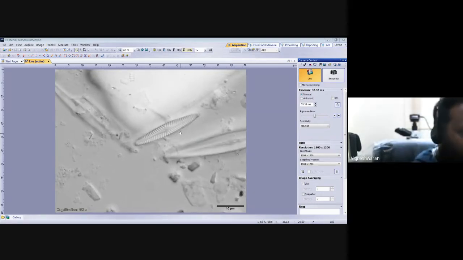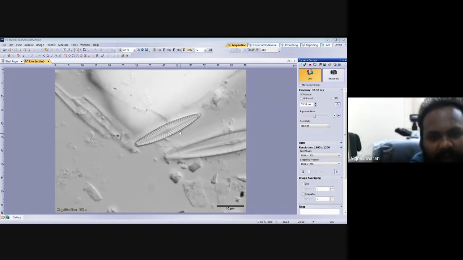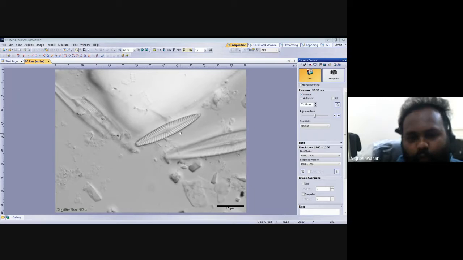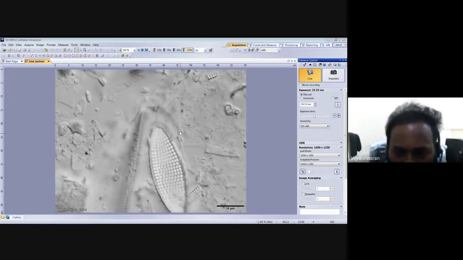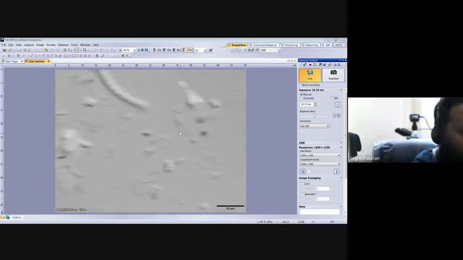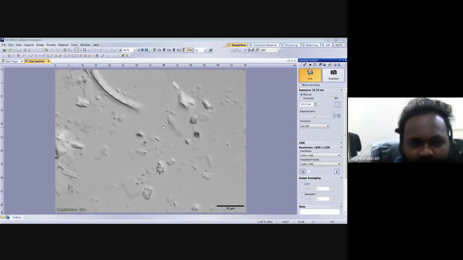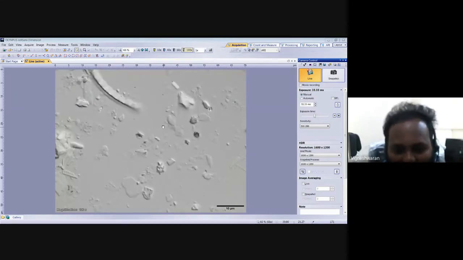So the auxospore will come from the one diatom, then gametes and all that will happen. Then again one bigger silica wall of the diatom will be produced. If you put the diatom in culture and look at multiple stages of diatom growth, you can see a lot of papers on it, clearly capturing every moment, how every individual part of the diatom is growing, like the raphe, how the silica is depositing, and how they are getting bigger and bigger. So that is the thing. The diatom is going through size reduction.